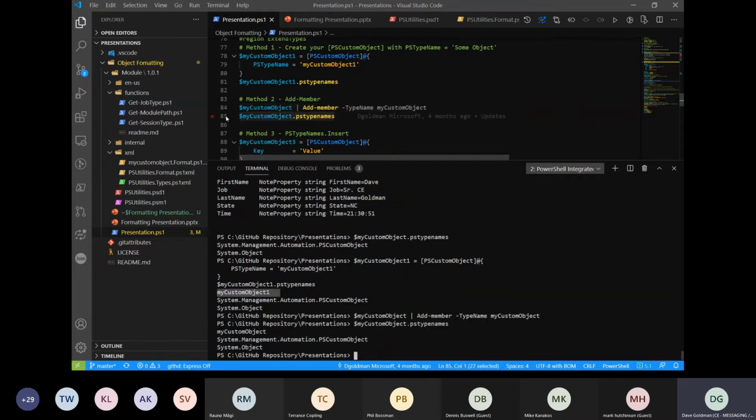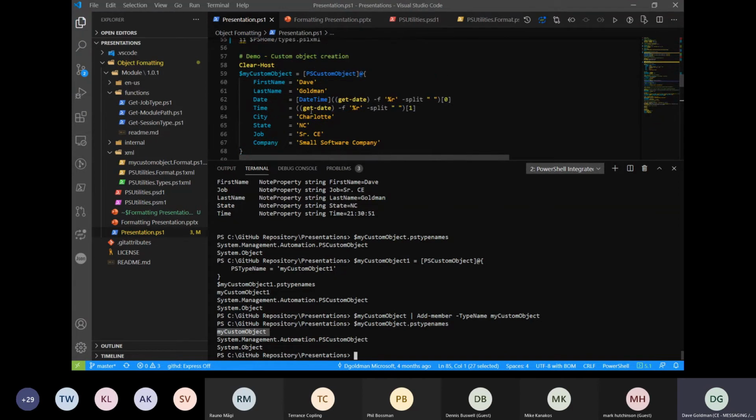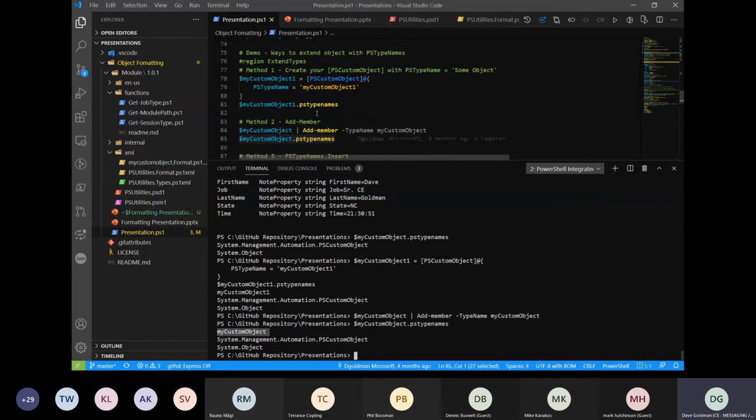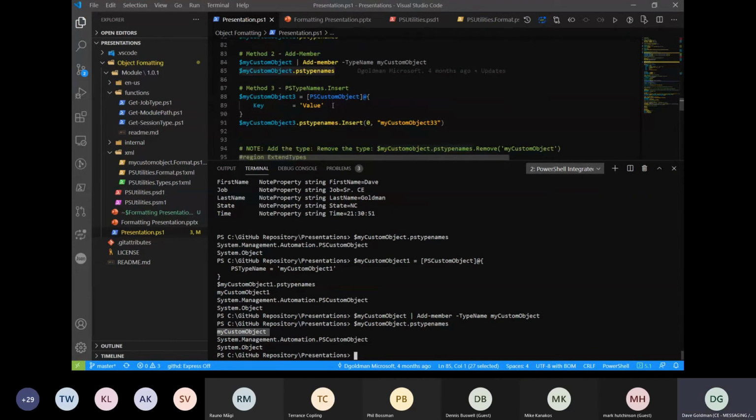And then if I go to dump this out, you'll notice here it is on my custom object. And my custom object did not contain that before. And then there's the third way. If I was to create a custom object, say number 3.